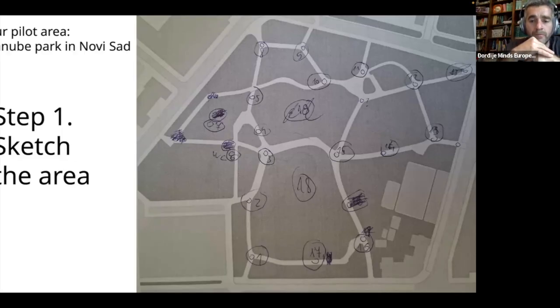In some bigger areas, you may take at least hundreds or even dozens of hundreds of photos, so you can create one 360 tour, or you can just create an interactive map. Today we will do something in the middle. We will create both a 360 tour and an interactive map, because I will show you later how it's done. So the first step is to sketch the area.